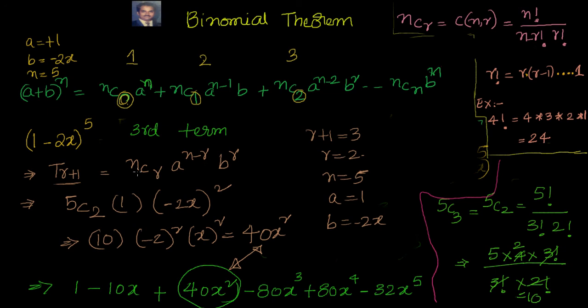We are not used to that many plus and minus in my mind. So you just say nCr a to the power of n minus r, b to the power of r, and put r plus 1 here. It simplifies life. Okay? Right. Now let us take another example for the general term. We'll take another example for the general term instead of leveraging the same thing. Let me do that, and with that we will close this. Next we will go to the middle terms in the next video.